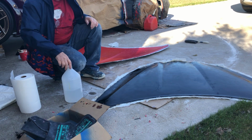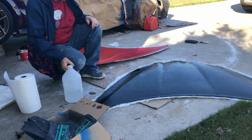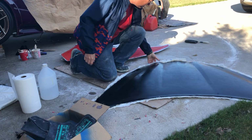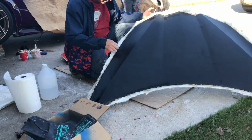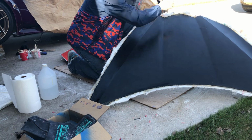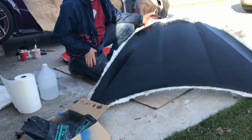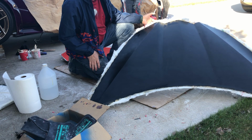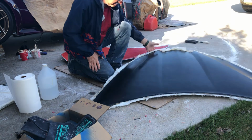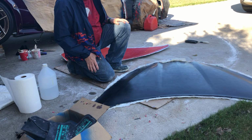All right, so there we go. I'd have to say this was definitely a success. I'm happy with the results. And now what I do is I will come in with my vibrating cutter and cut right along the edge of where the black is. And again, it will be slightly oversized, but that's fine, that's what I'd prefer. And then I will mock it up. So in the next day or so, I'll do another video and I'll show you what the front end of the Pagani-ish,